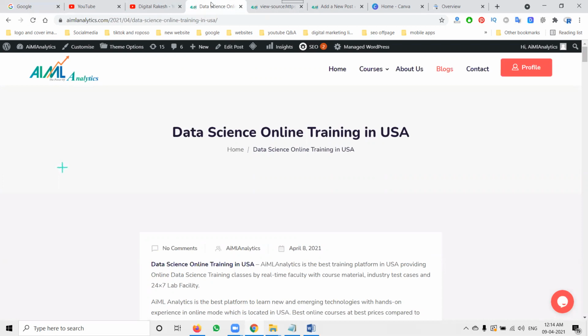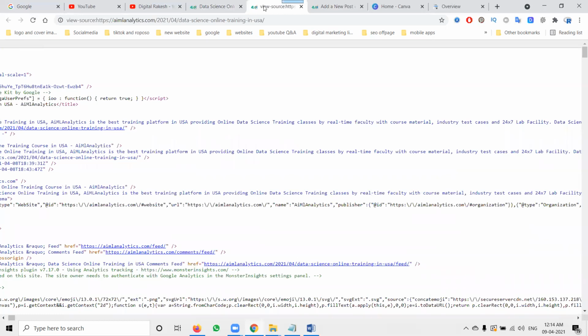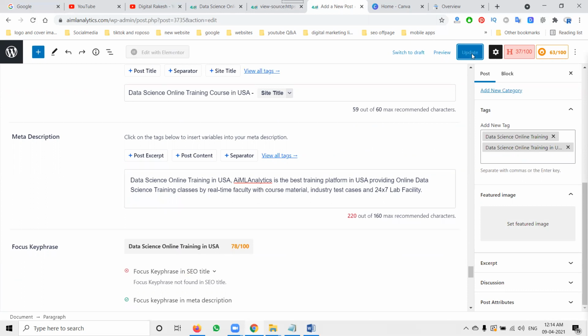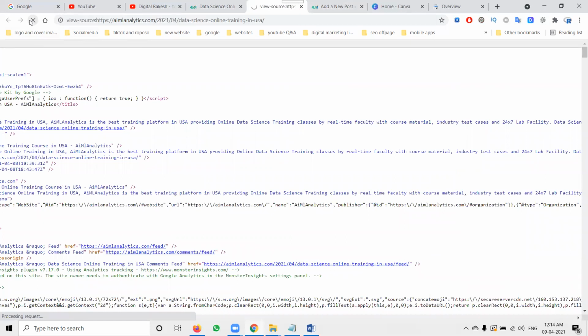Any WordPress website, the major people use two SEO plugins: All in One SEO and Yoast SEO plugin. As of my condition, I'm using the All in One SEO plugin. Just install it, and on each page you can write the title and description properly. Always remember, your site title will be common. Why? Because the site title is nothing but the option shown to users. So the site title is always common on each and every page. This is our writing skill for on-page SEO on a WordPress website.